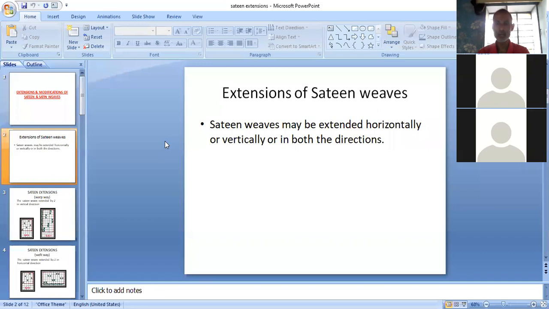But here we have not given any specified names to the horizontal extension or vertical extension or both directions extensions. Like in case of plane view, we have particular names for the different extensions. Like vertical extension of plane view is known as warp rib, horizontal extension is known as weft rib, and vertical and horizontal both side extension is known as hop-sack structure. But here we have not given any specified names. They are just named as extensions of 13 views.